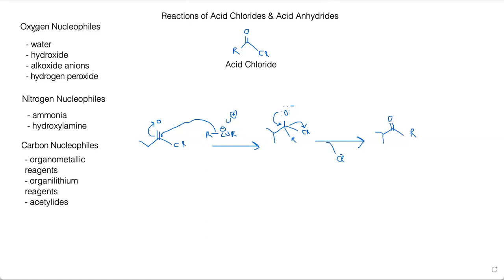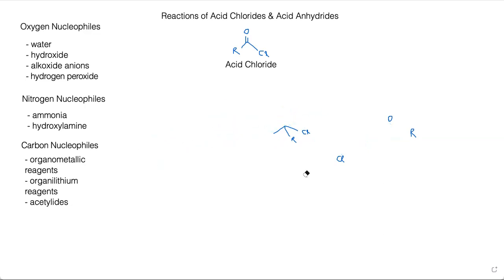Oxygen nucleophiles are listed here and result in esters and anhydrides as products. Nitrogen nucleophiles leave you with amide products. And then our carbon nucleophiles are those tertiary alcohols as well as ketones. Okay, so now we'll go ahead and move on to our reactions with